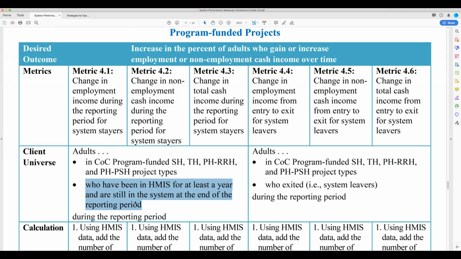So someone came into the program and had been at least 12 months, for instance, in a permanent supportive housing program. Many of the participants have been there at least for 1 year because it is permanent housing. And there is a requirement that there's an annual update of income completed in the HMIS by the providers. So this is the type of client that might be pulling in. But again, it's just for CoC program funded projects. Okay, so it's a much narrower universe than all of the general numbers that we were talking about.